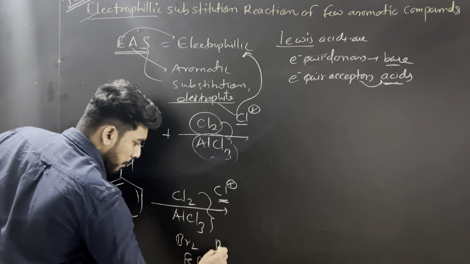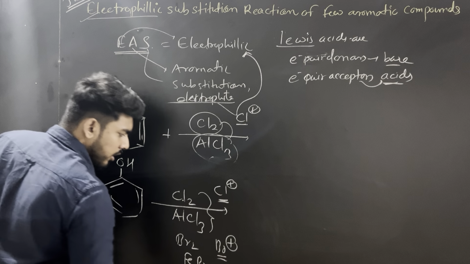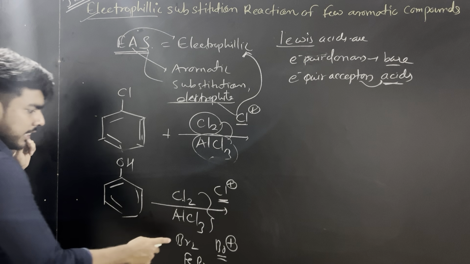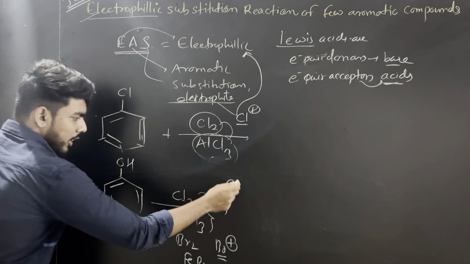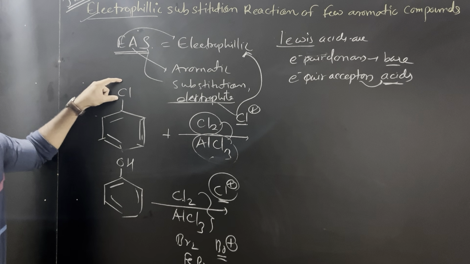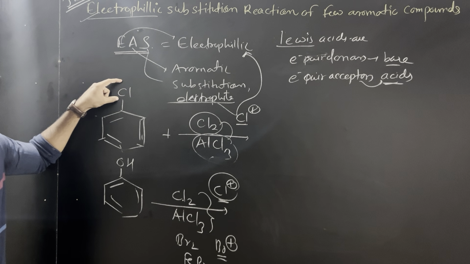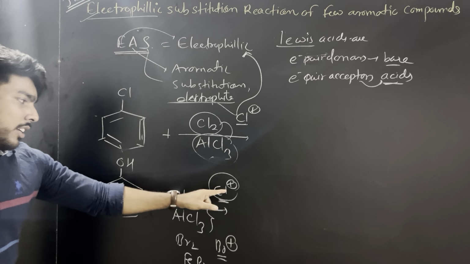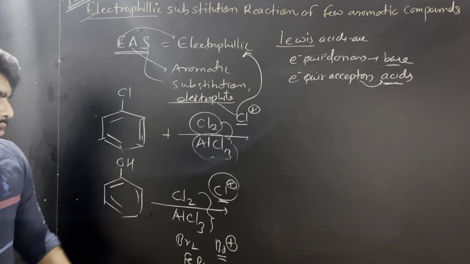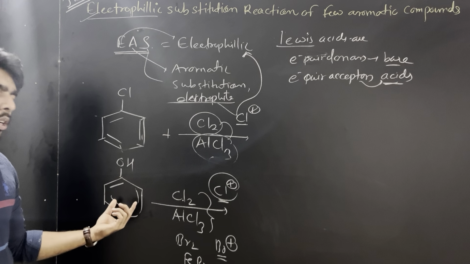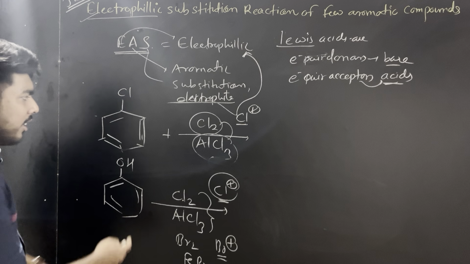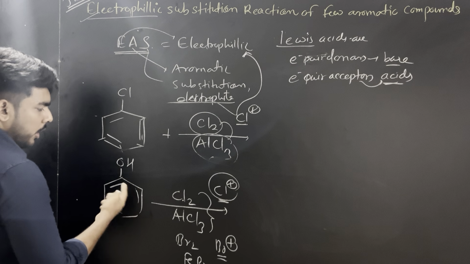Yes, exactly. Br plus electrophile is going to be generated. Okay, so in this case, this is a Cl plus electrophile. Now this OH group is the deciding factor that will show us on which position this Cl plus will attack. It's not that easy that we can just attach Cl plus on any position that we want. We have to understand the phenomena that are going to happen in this particular compound.